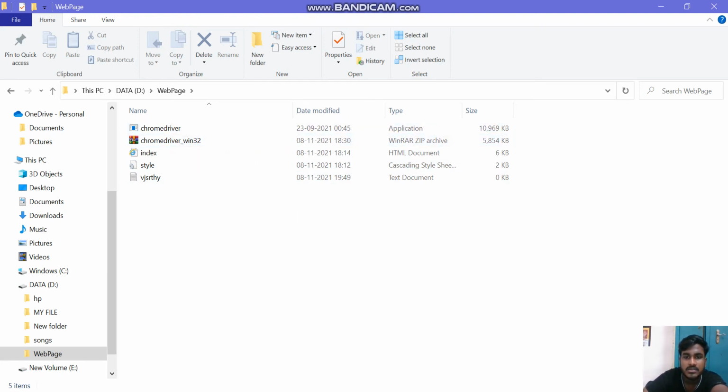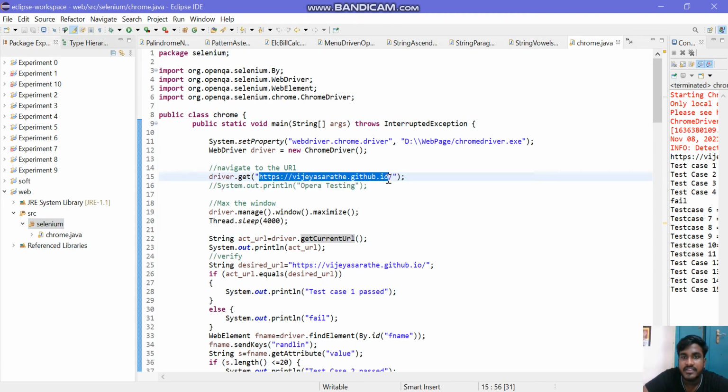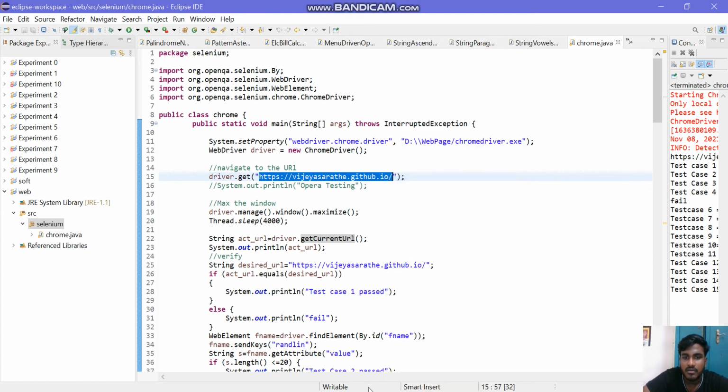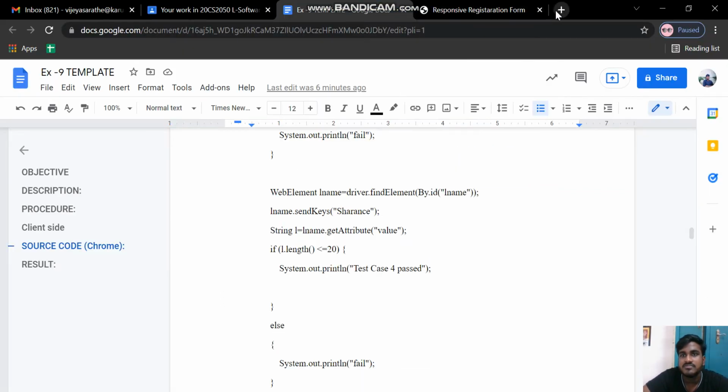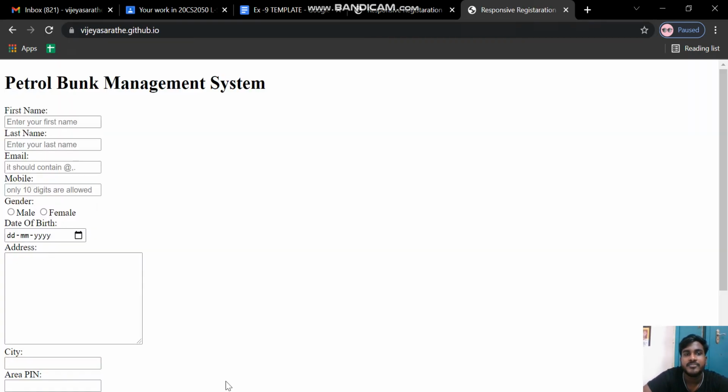Okay, so see here, I gave my directory name in setProperty. Then I gave my driver.get with the https vijayasarathi github.io URL. Nothing but, when you search in the web, yeah, this is my web.